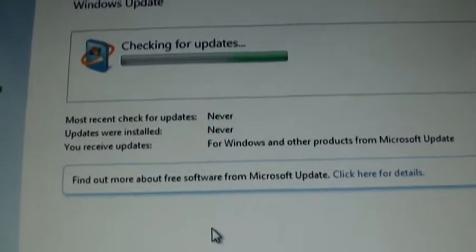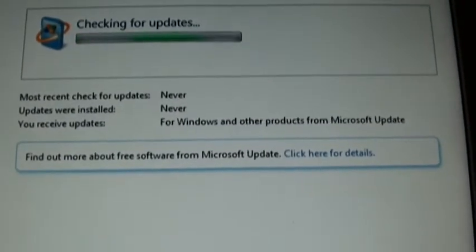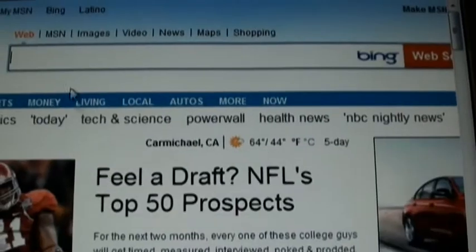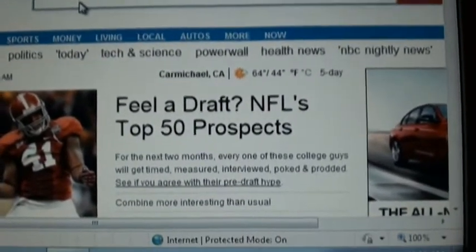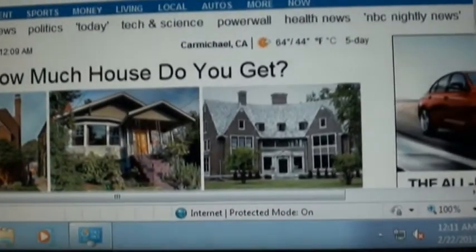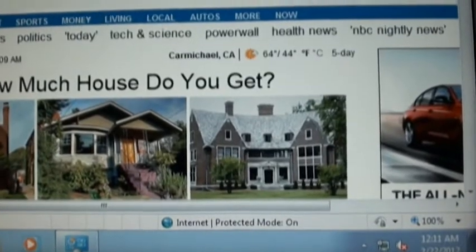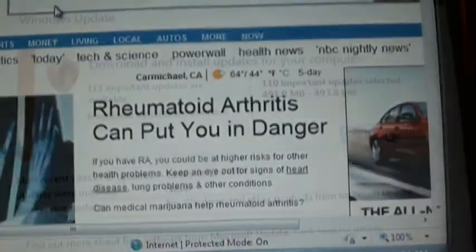You can see that I already checked for updates. So you see I already got onto the internet and I'm going to fix the sound problem. I'm going to show you right now how to fix your problem.